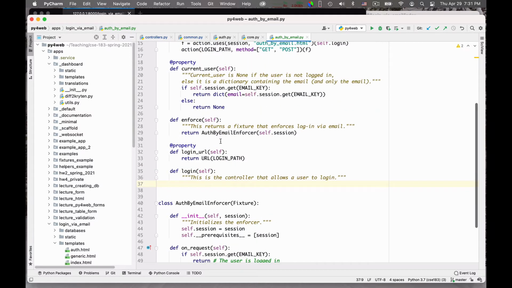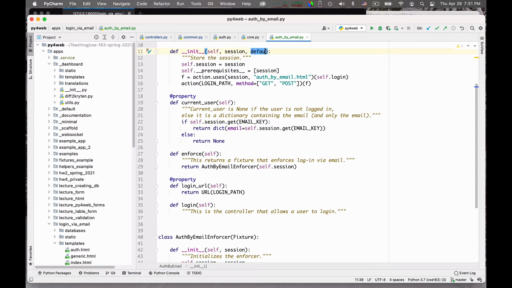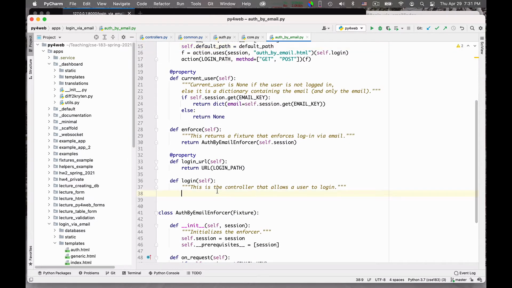Or perhaps I can have a default path equal to index. So I can have this default path here. Self default path is equal to default path.